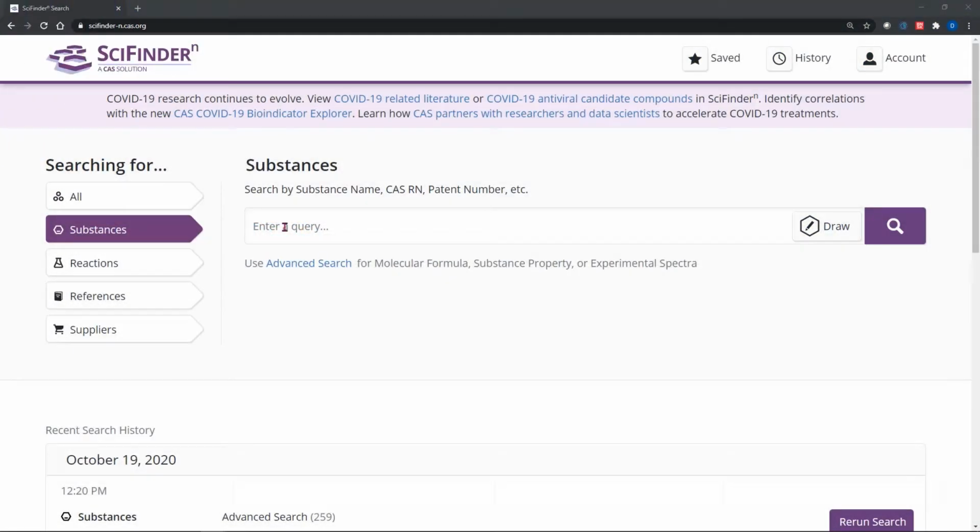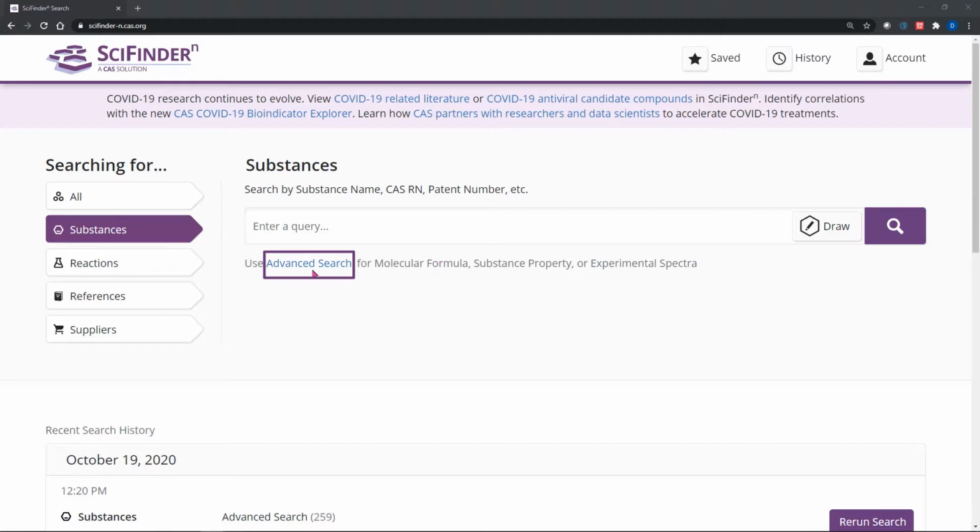My name is Daryl French, and we're going to be going through a case today where we're giving information on an unknown, and we want to determine how to set up a system where that unknown may be separated from its other constituents. The two pieces of information that we're given are a molecular formula and structural information that this is a flavonoid. So making sure that we have substances highlighted here, we're going to do an advanced search for